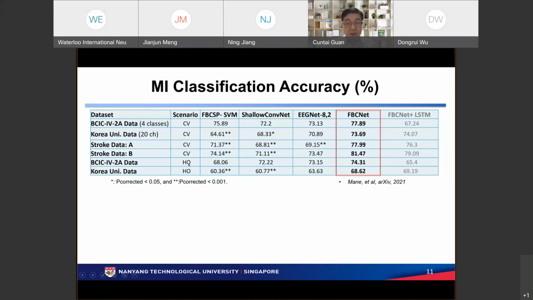For cross session, we can see the deep learning models typically work much better than the traditional approach. This is also a good thing. It sounds more robust compared to the feature-based approach, at least for the competition data. For career data, it's pretty similar using ShallowNet. EEGNet has a 3% improvement. FBCNet improved 6%. This is quite big. So far, this is the best result we can achieve using all the 4 data sets in 2 scenarios.